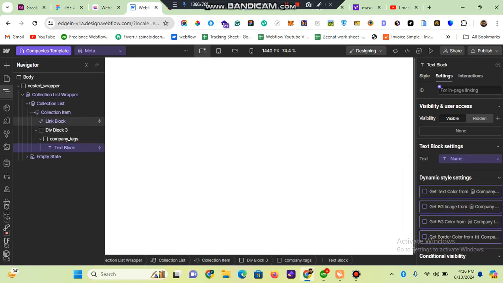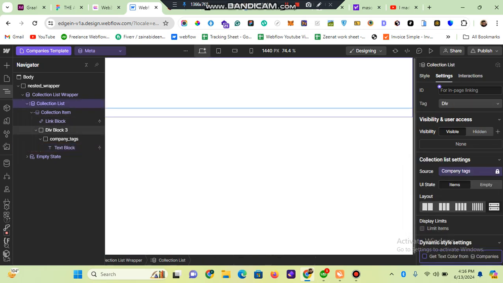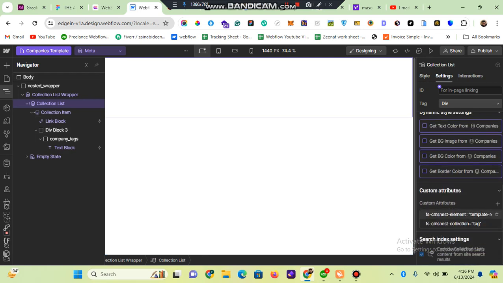Okay, so the third main step is to assign an attribute to this list on the template page with the name of template reference. And be careful again that the tag must be the same, which in my case is tag. You can change it to category, but be careful, it will remain the same for all three CMSs: for the parent one, for the child one, and for the template one.